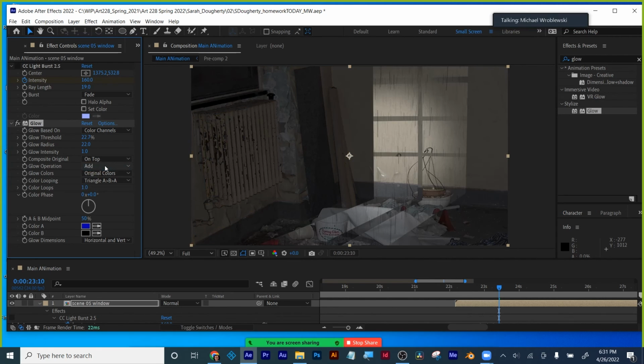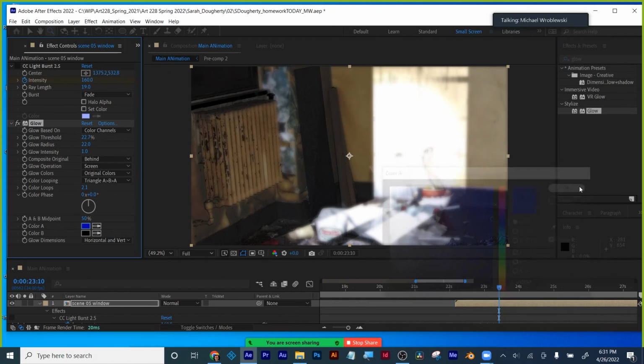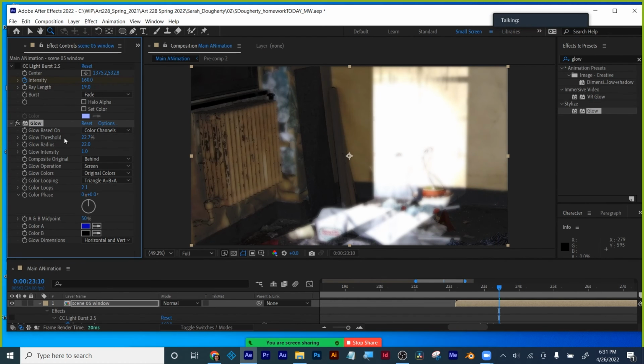If we can colorize this. This is just glow, and I messed around with some of the settings. I'm putting the composite behind, so the glow's on top. That's helping soften a little instead of doing a screen. Let's set that back to white because that's not working. And what you could do is